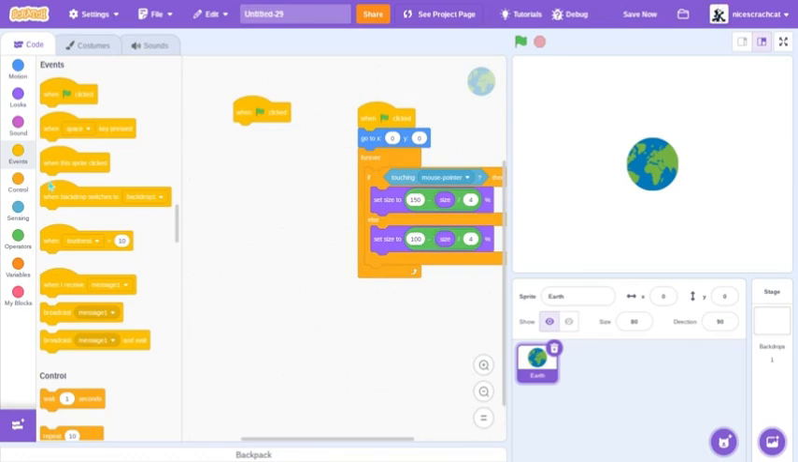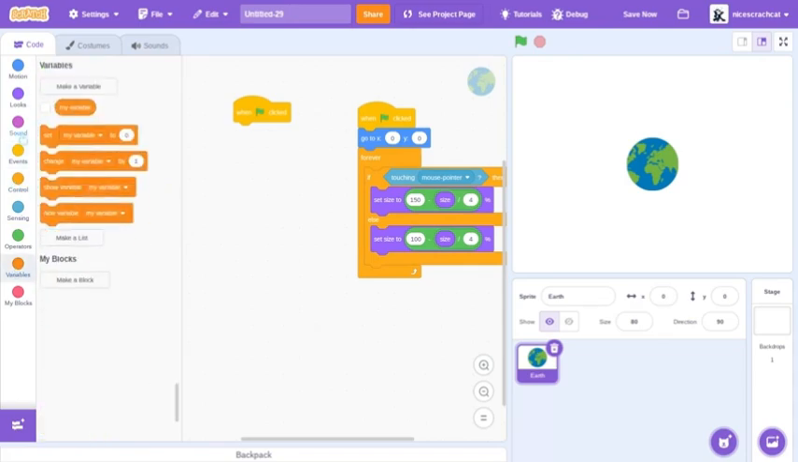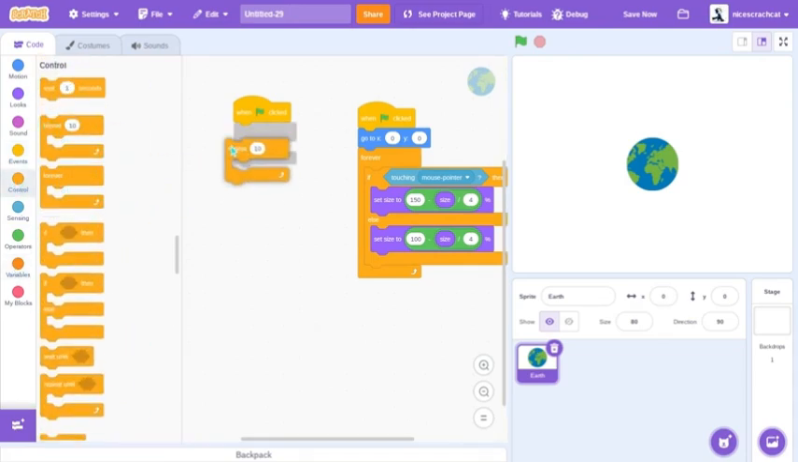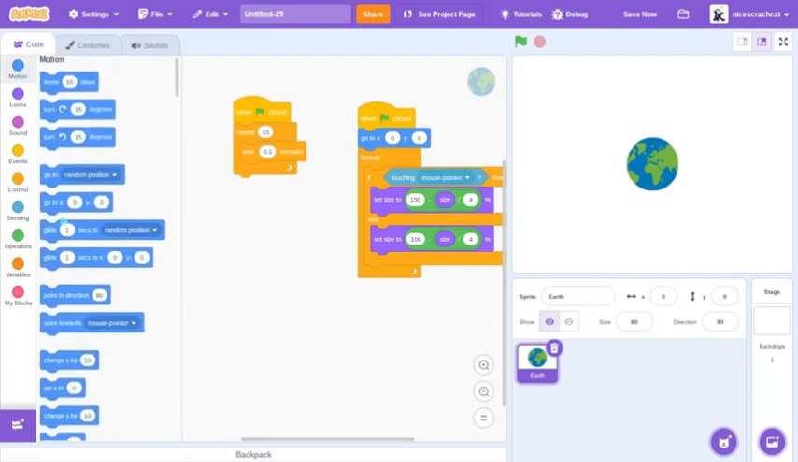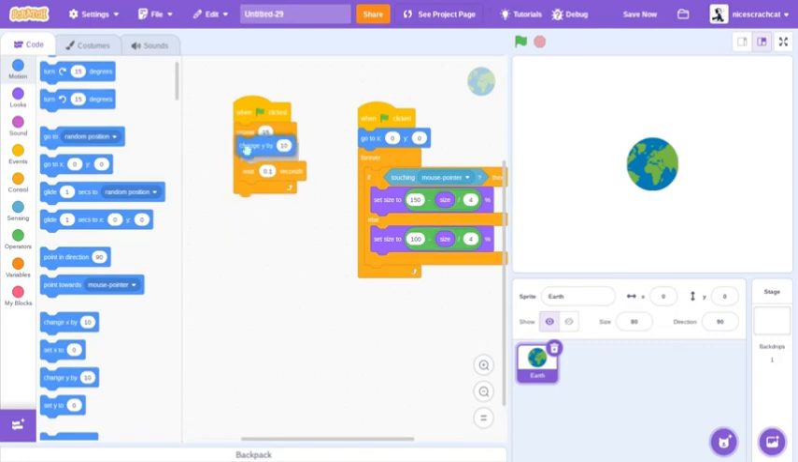So, let's do repeat by 15, and then wait. I don't know what just happened. 0.1 seconds, and motion, change Y by 1, minus 1,